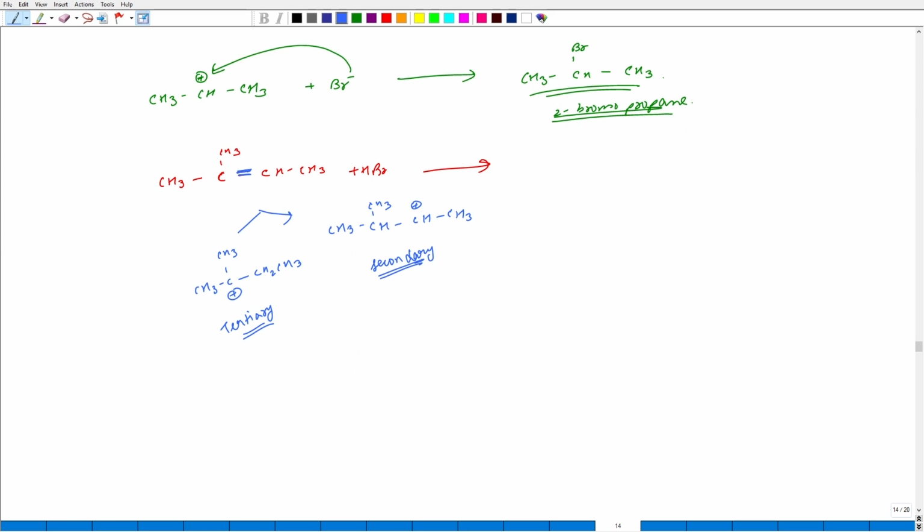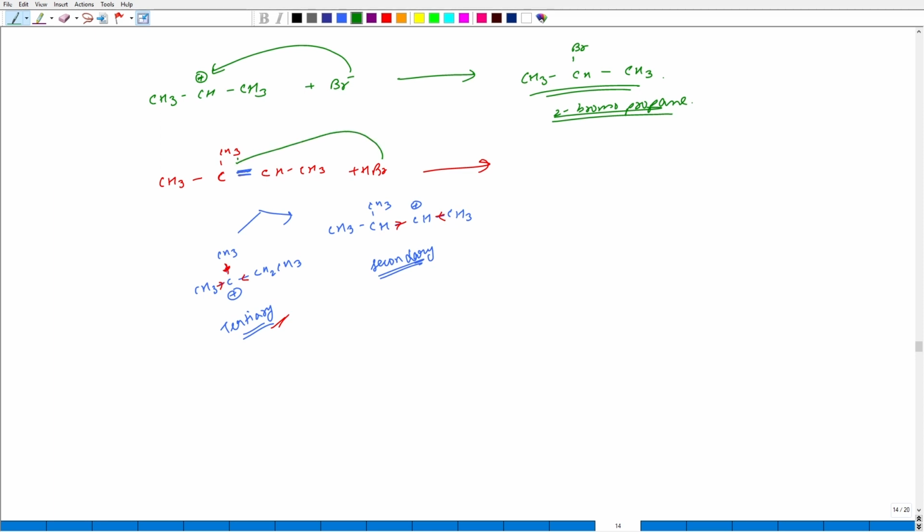The reason, as I stated earlier, is the plus I effect. Here three alkyl groups are giving electron density, whereas here only two alkyl groups are giving electron density to stabilize the carbocation. So the tertiary carbocation is more stable, which means the bromide